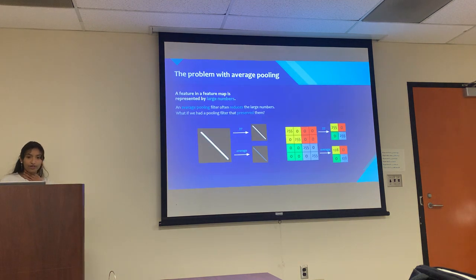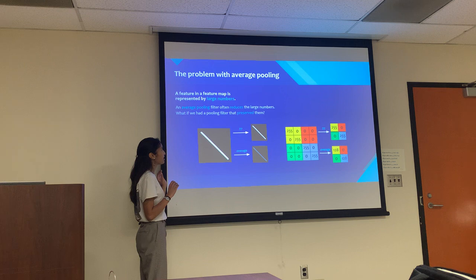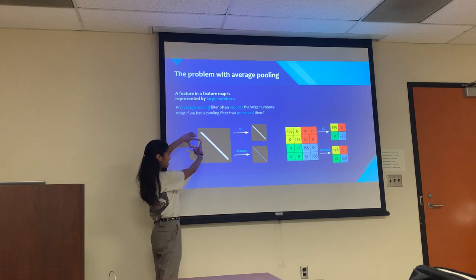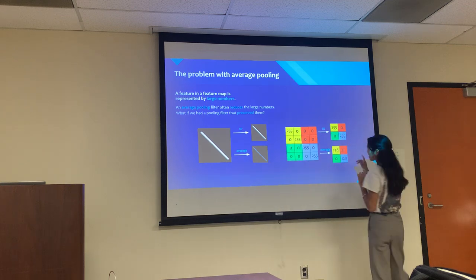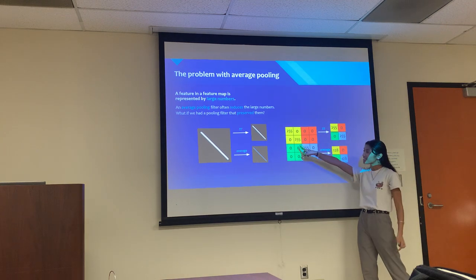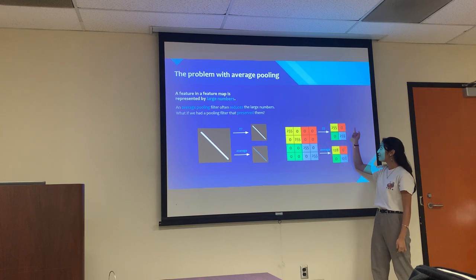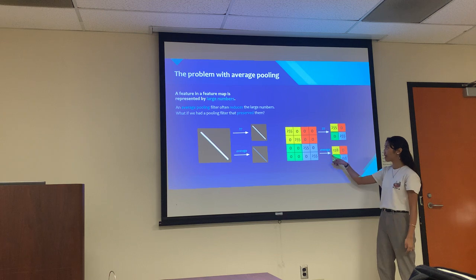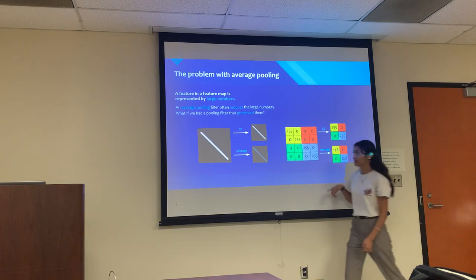So something we can do instead is, spoiler, called max pooling. What we're going to do instead is take the max of a section. For this section, the max is 255, so we're going to take that. Here it's 0, here it's also 0, and here it's 255, so we take that. As opposed to if we had done the average, it would be getting 128, 0, 0, and then 128.